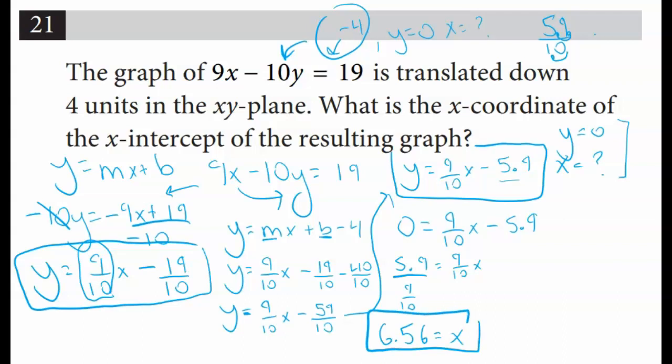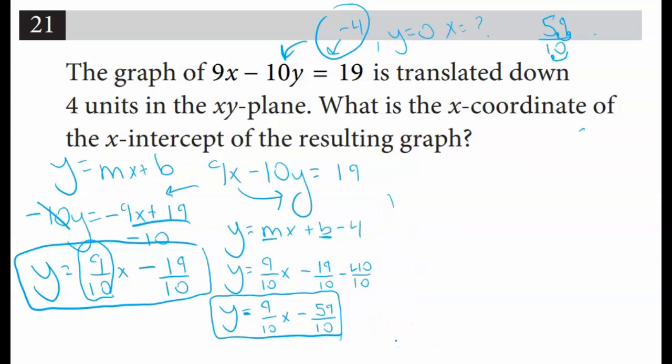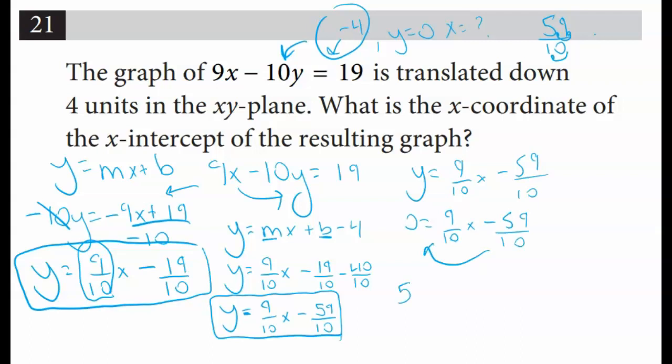for 21. And for you guys who like to keep it in fractions, I'm going to redo it as a fraction. So imagine if we just kept it at this point. Let me clear some space. I skipped all of that and kept it as a fraction. It would look a little more like this. You get y equals 9 over 10 x minus 59 over 10. And we would do the same thing, putting 0 here: 0 equals 9 over 10 x minus 59 over 10. We would move this 59 over 10 to the other side, and we get a positive 59 over 10 equals 9 over 10